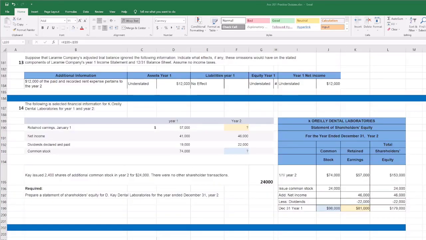All right, we're on the last problem. So basically, this is just a way to show you that the ending balances for year one become the beginning balances for year two, and then how to solve for things that we don't know. It's actually a very simple problem. It looks a little convoluted the way it's laid out, so we're going to lay it out in a better format, and we're going to solve it. It's going to be quick. So basically we have some information for a dental lab for year one and two. So year one, we have retained earnings